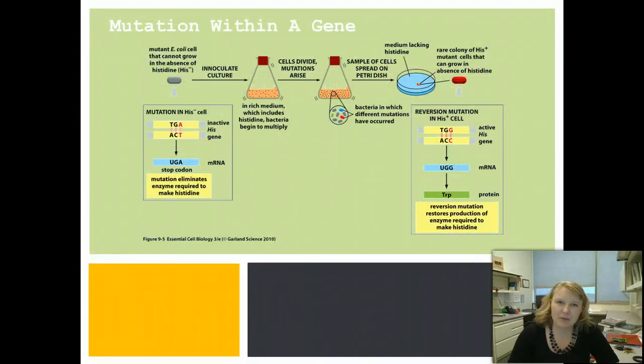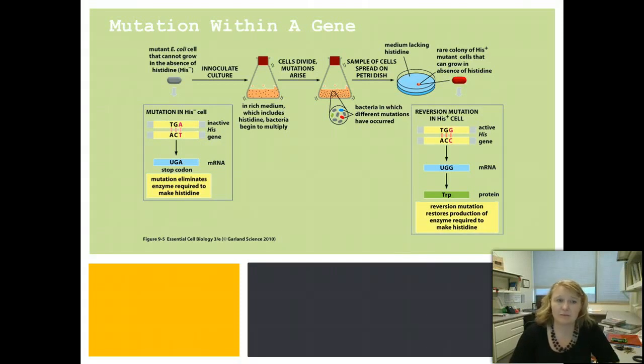Now, these mutations can happen pretty quickly. And this is one of those things we talk about, how our error rate is 1 in 10 to the 9th cells. Now, that seems really high, but when we start talking about lots and lots of cells, for example, E. coli, which replicates really quickly, if we were to put it into a solution, so if we had the example of this